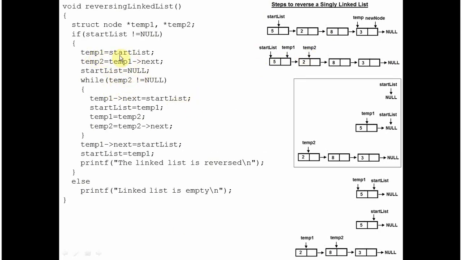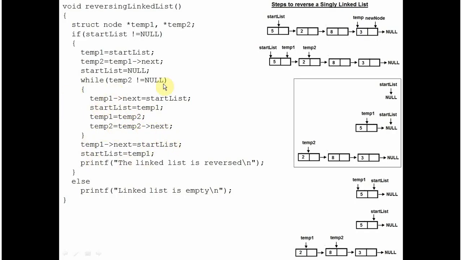See, temp1 is set to point at start list, temp2 is set to move to its next node until temp2 reaches null. When temp2 reaches null, temp1 has reached the last node. While the original linked list is not yet over, you're picking up the first node from the original linked list, making it the last node of the reverse linked list, asking the start list to point at temp1, and then temp1 is set to point at the original linked list again, and temp2 is set to move to its next node in the original linked list.